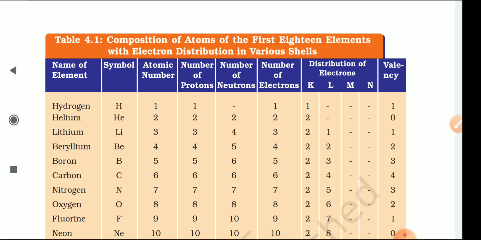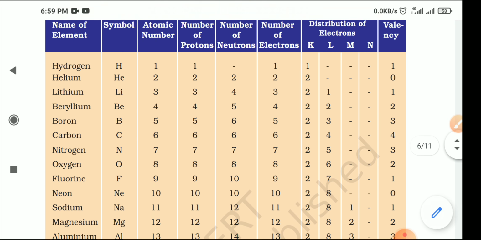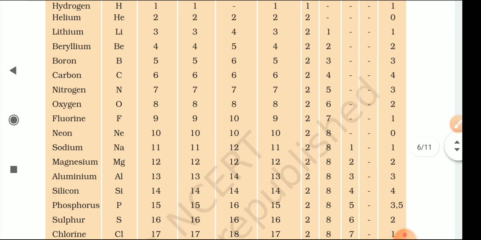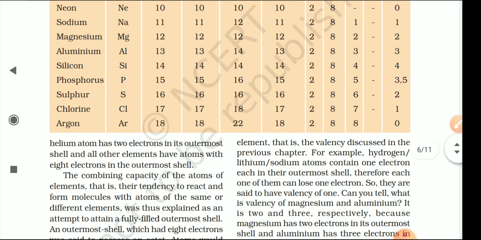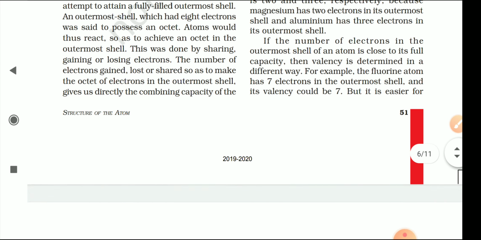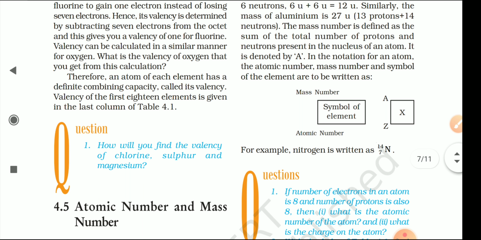As I told you, atomic number means the number of protons and the number of electrons. So the number of protons and electrons will be the same as the atomic number. For the number of neutrons, you need to subtract from the mass number, which I will tell you later. So what is your work today? You have to learn all these elements' names, symbols and atomic numbers, and then tell me what the electronic configuration of these elements will be. This is your work for today, and in the next class we will discuss the mass number, atomic number and some very important numericals related to this topic.